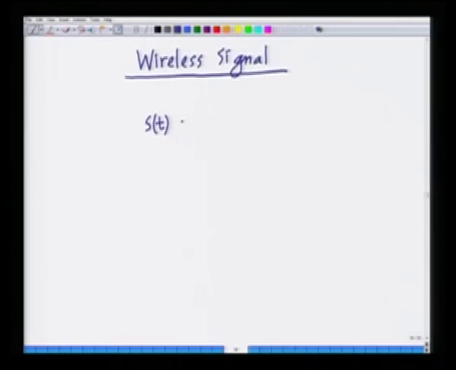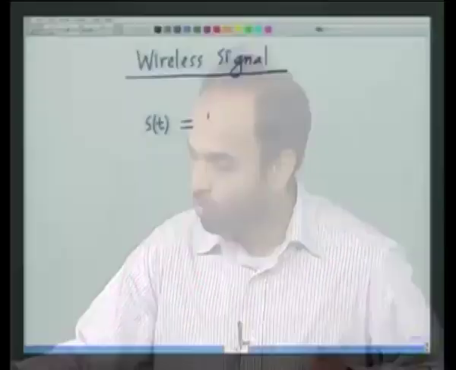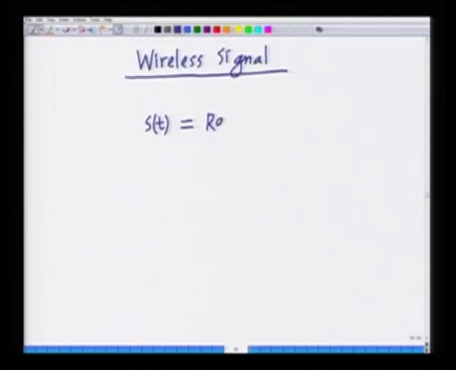S of t is a passband signal, that is, it is transmitted at a carrier frequency. I can model that as the real part of S B of t times e power j 2 pi f c